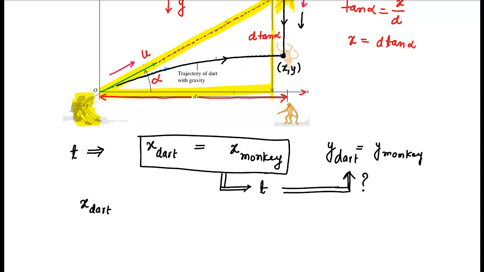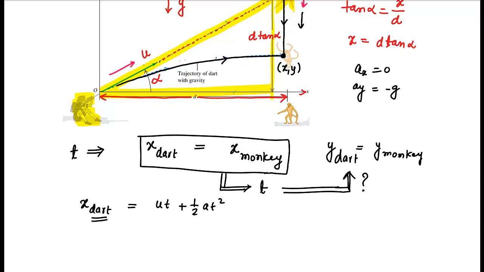and we will use the same formula, s is equal to ut plus half at square. Now as you remember, in x direction there is no acceleration, so ax is equal to 0, and in y direction, there is acceleration in the downward direction, that is simply minus g. This is true either for dart or this is also true for monkey. Now I am writing for dart.